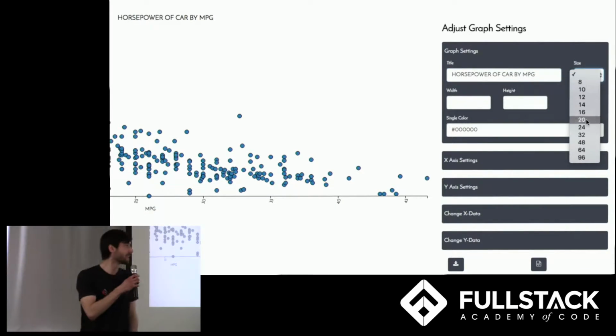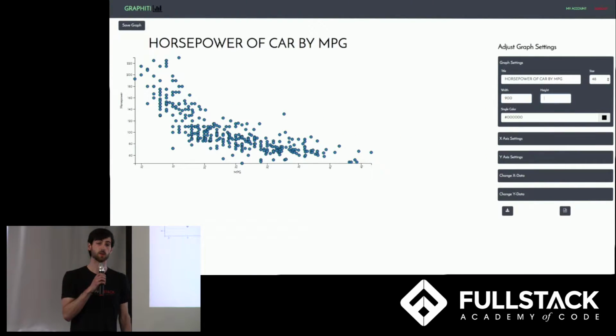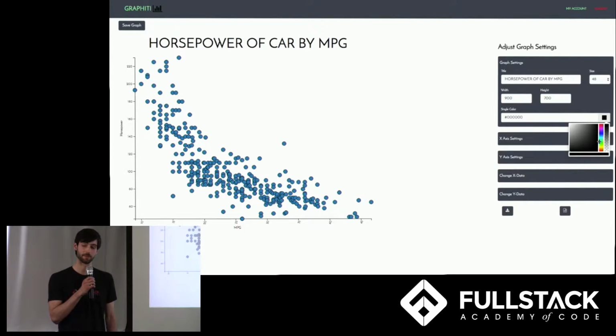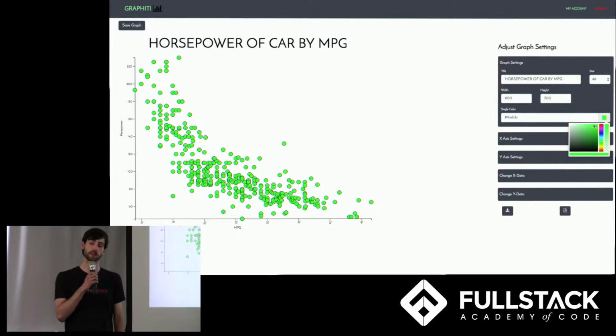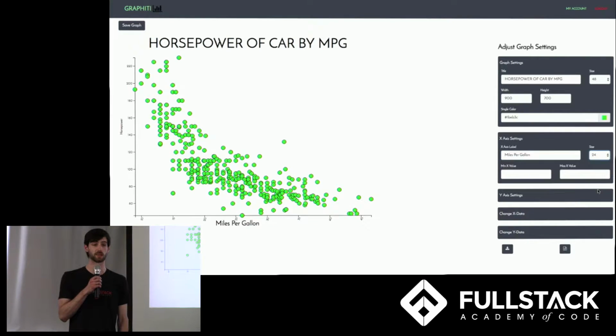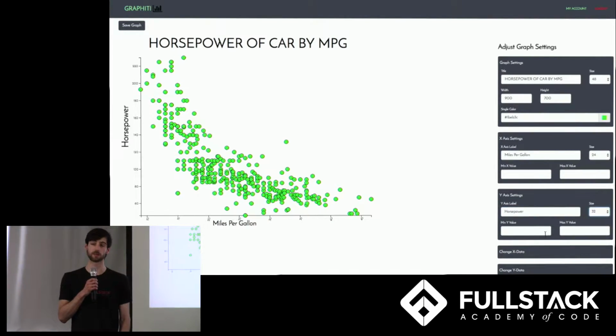Thanks, Zach. In this view, Rick can edit the graph using an intuitive settings panel. We used Angular's two-way data binding to render changes made to the graph in real time. Writing custom directives for each type of chart helped keep our code clean and readable, even as we added new options and features. To make these directives flexible enough to handle multiple data types and formats, as well as different user-defined settings for every type of graph, we decided to do these in pure D3 rather than a charting library